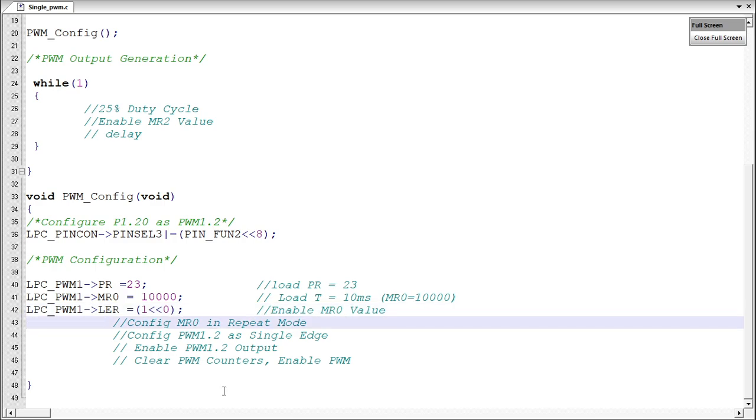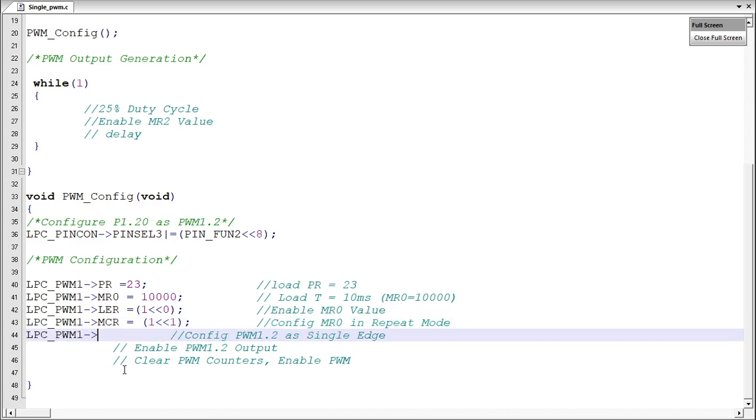Then I need to configure MCR here. MCR is equal to, in a reset mode I need to generate. Repeat mode, not in an interrupt mode. Configure MR0 in a repeat mode, similar to our timer configuration. Then I need to enable the output as a